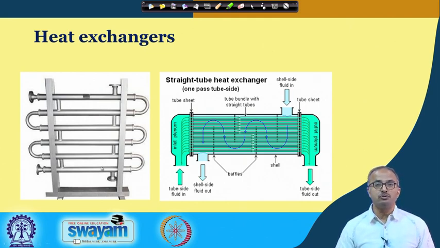So, this is a tube and tube configuration, and as I told you, there could also be shell and tube. The shell and tube is something like tube and tube. The only difference is that the number of inner tubes is now increasing, and the outer tube is the shell. So, here you can see that from one side the tube side liquid is moving through these tubes, and here the shell side fluid is flowing and coming out like this. And here you can see the baffles are being put.